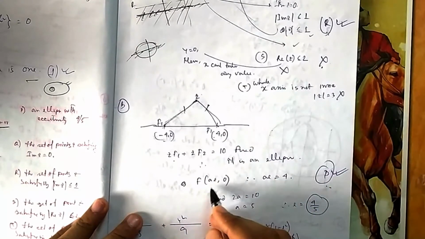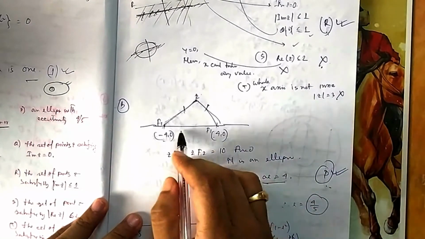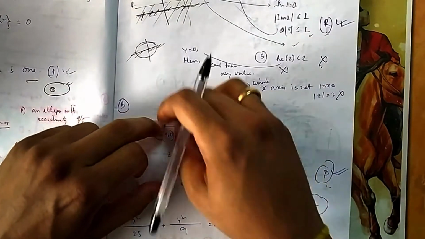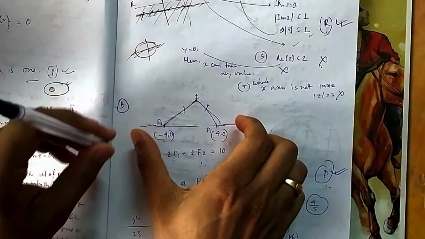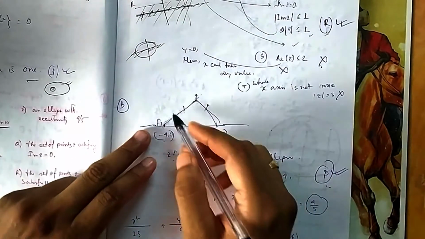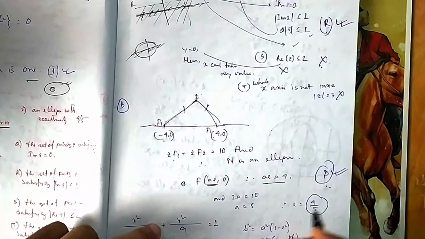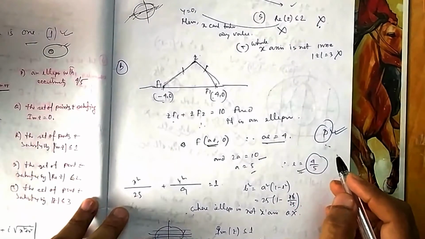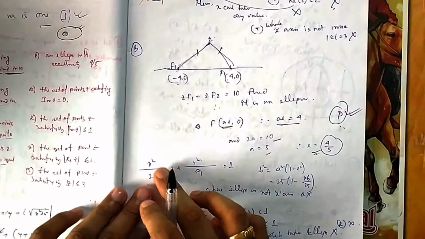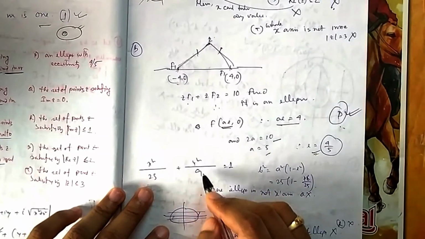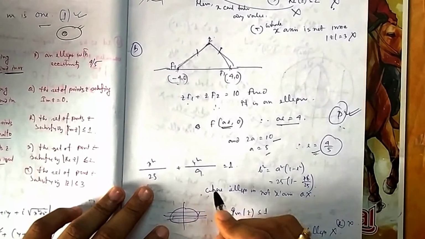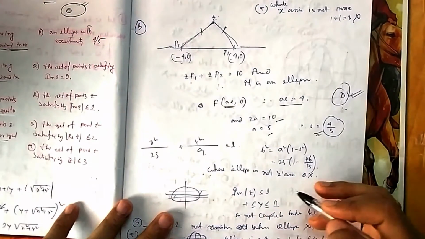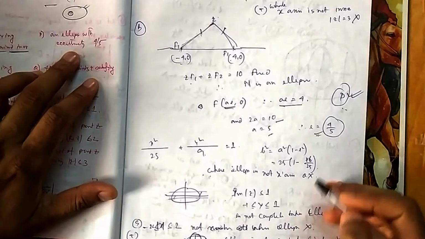So let's see the foci. Foci is equal to ae, that means ae is equal to 4. And what was the distance? The major axis, you remember that experiment we did: the length of the thread becomes your major axis. So the thread is this plus this, 10. So your semi-major axis a is equal to 5, and eccentricity follows. So P is obviously the correct answer. You put it there: x square by this one, y square by this one. You can calculate b. So this is an ellipse. Now you check one by one. First, this is an ellipse, so P will be the answer.